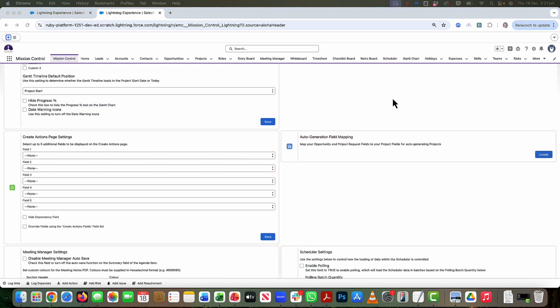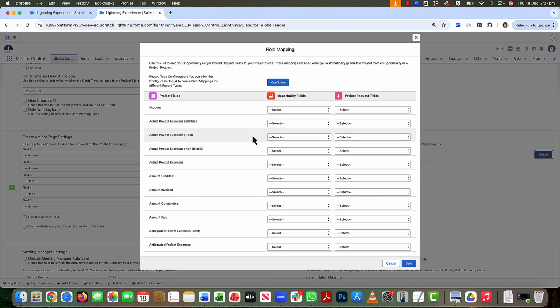So for those of you using the auto generation from either the opportunity or the project request, you'll obviously be aware that we have the auto generation field mapping function that allows you to map fields from the opportunity or from the project request through to fields on the project. Previously this was one setting for all auto generation, regardless of whether you're using record types. What we've added in now is the ability for you to configure rules to specific record types. So obviously you've still got